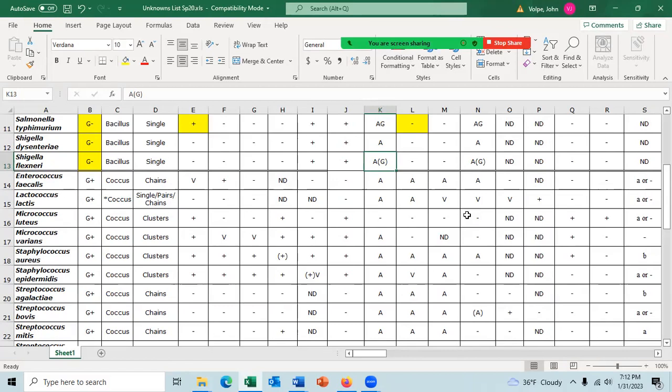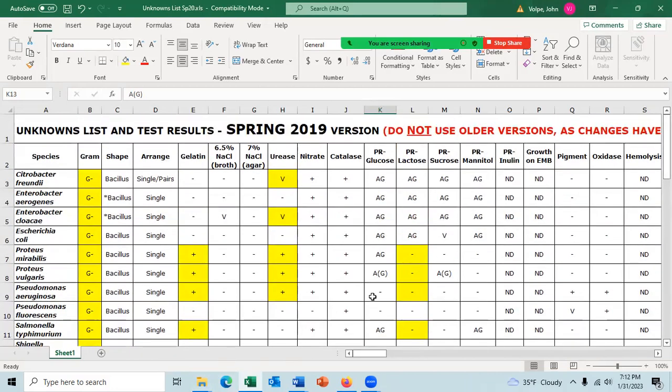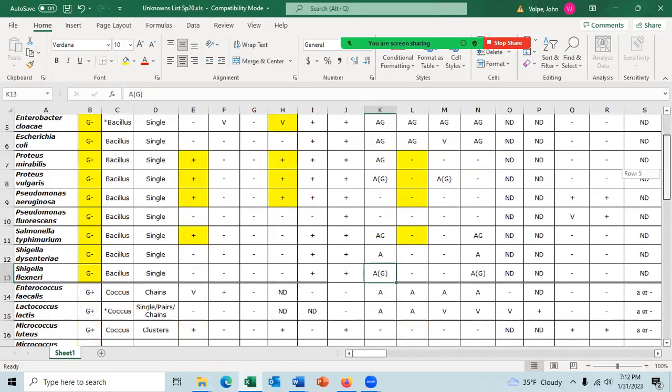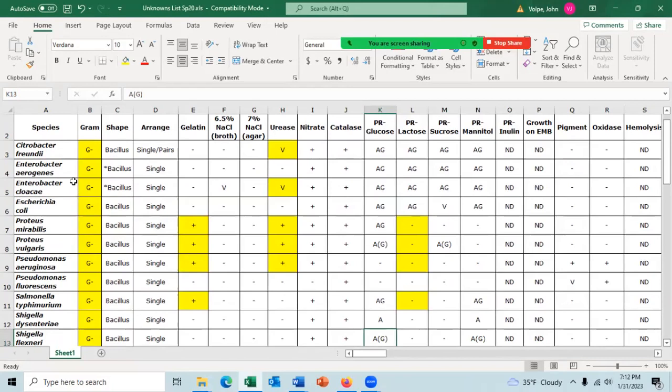And it kind of depends on when you're looking at the culture, as well as which media you're growing them in. Let me see if I can remember. I don't remember for Lactococcus lactis, but I do remember for Enterobacter aerogenes and Enterobacter cloacae.